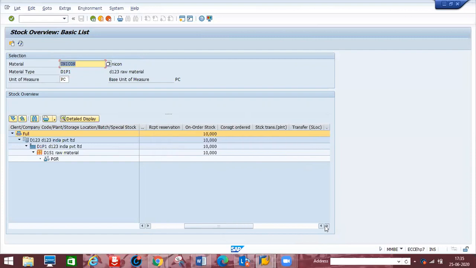If any stock transfer is there from one plant to another plant, you will come to know here. Or if any blocked stock is there, you will come to know here. For any scheduled delivery, everything like that we will come to know here. So in the MMBE stock overview, let's see in MM02 with these materials,